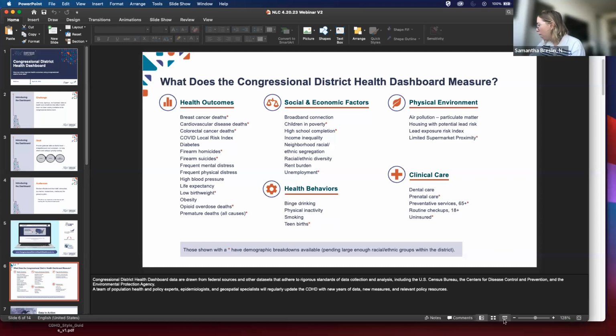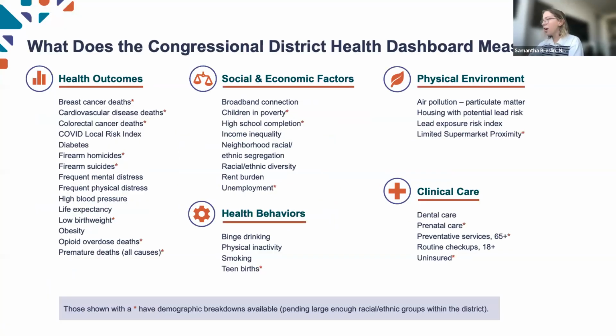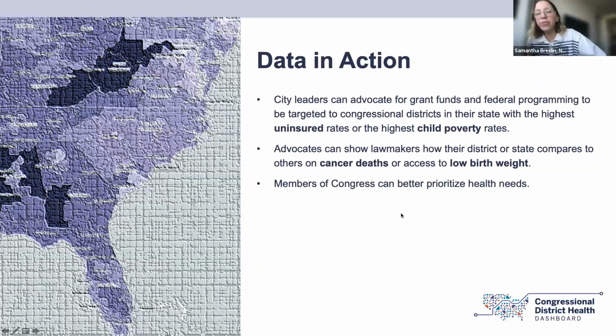If I can go back into full screen mode, just to share some use cases and some examples of how you can put this data into action in your community, or how leaders in your city can put this data into action. The data is really helpful for those folks who regularly advocate or communicate with their elected officials. You can use this information to advocate for grant funds or federal programming to be targeted towards districts that you work in, or districts that have the highest uninsured rates or the highest child